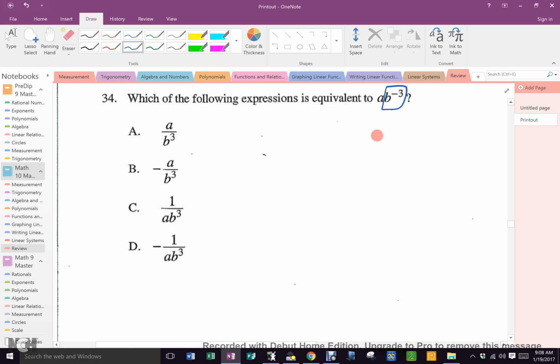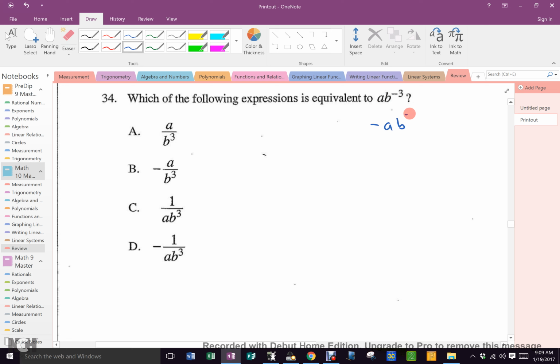So the B goes down, right? Okay, what if it was this? So it would be 1 over A cubed B cubed, right? Everybody cool? What if it was